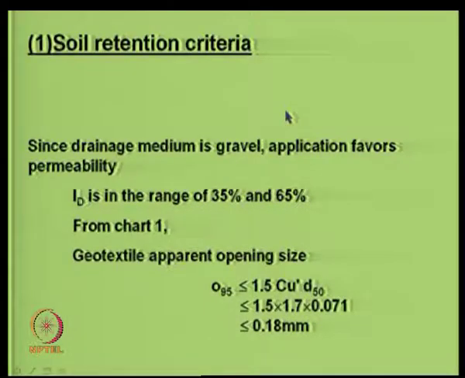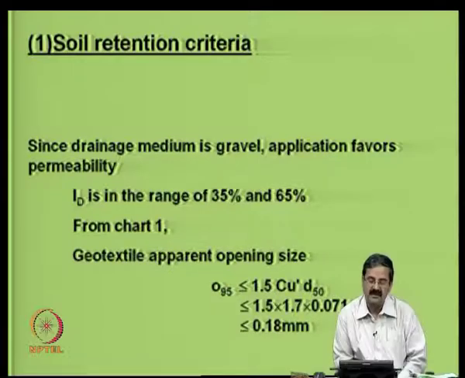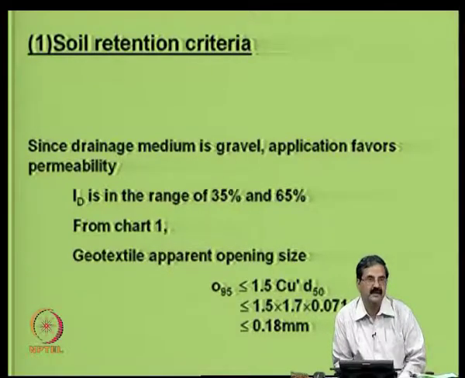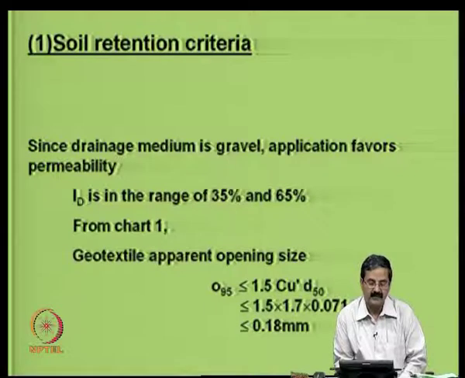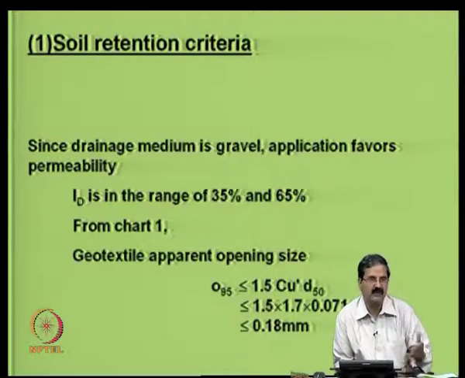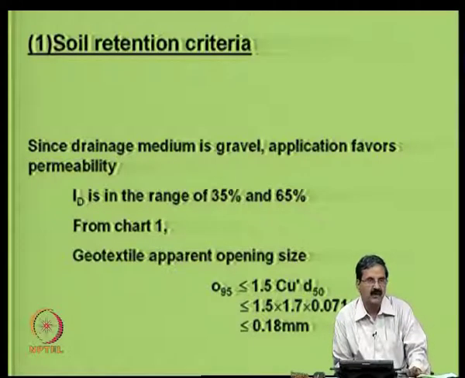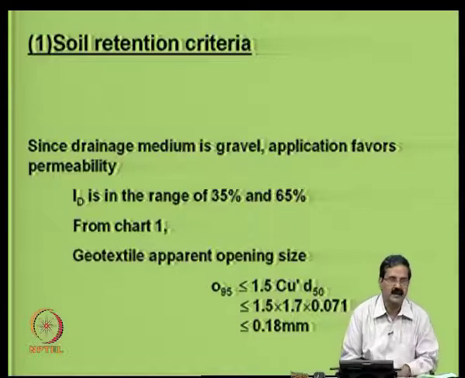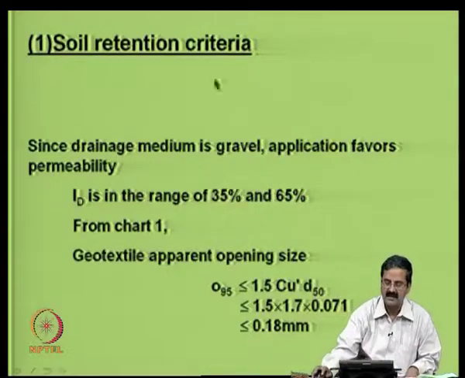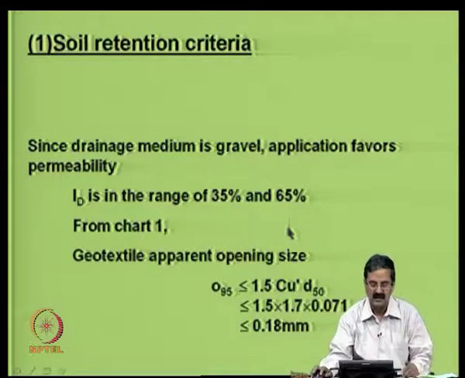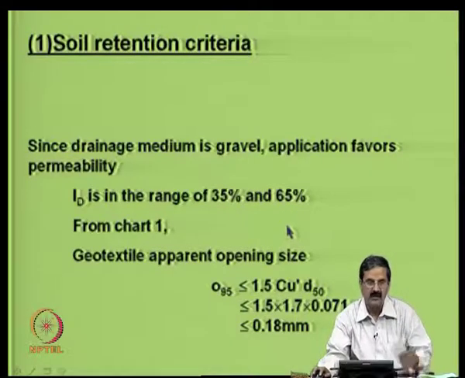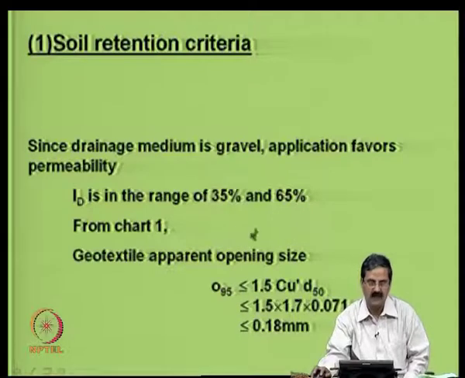So, here the first step is that our objective is to have the permeability as an important criterion here, and we know that the relative density, like this is a small compaction, will not be too high, because you are just placing a gravel medium here, and I do not want to compact it to very high relative densities and all that. So, I will just say that the relative densities are in the range of 35 to 65%, which is the range that is given, and you have a chart that I just mentioned, which is a Giroud chart.